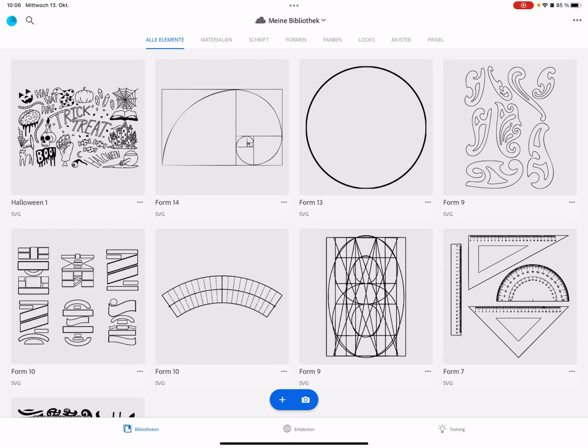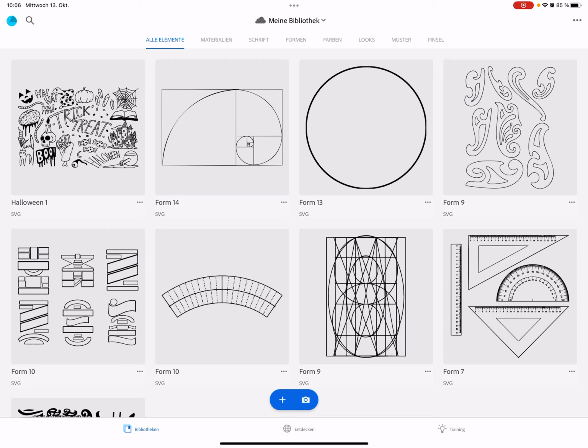Okay, and you store your SVG files in a folder. For example, these are SVG files, very small, Halloween, and so on, and store it here. Yes, this is what it looks like. Okay, and the next thing is you need a web application. It's called iCommune. The link is in the description below. It's free. You don't have to sign in.